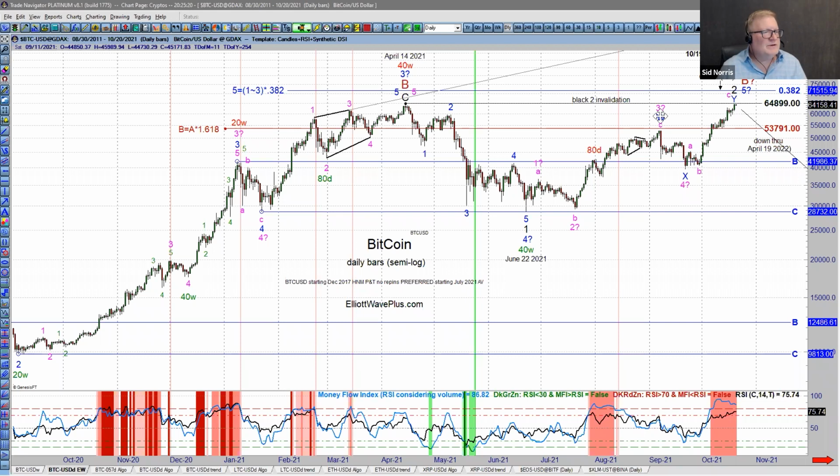Well, if it stopped going up now, it would be a truncation. That would be bearish. But you would just simply need a 5-wave up structure. And that appears to be a possibility, that it's putting in a 5-wave up structure. Well, what's a good target for the end of a 5th wave in Elliott wave? Well, the very best one